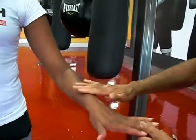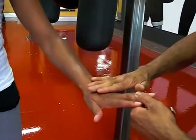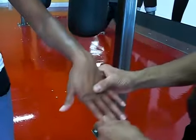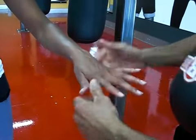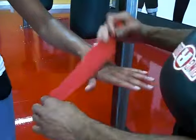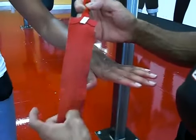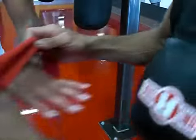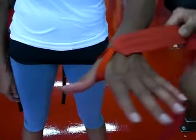Basically, she's going to have her arm straight. Top of the hand straight, wrist, and arm is going to be straight. Don't have it down, don't have it up. Always keep the fingers wide. So basically you want the seam down on the skin, unless it says this side down like some hand wraps do nowadays. So what we're going to do is put it straight through the thumb and come across the wrist